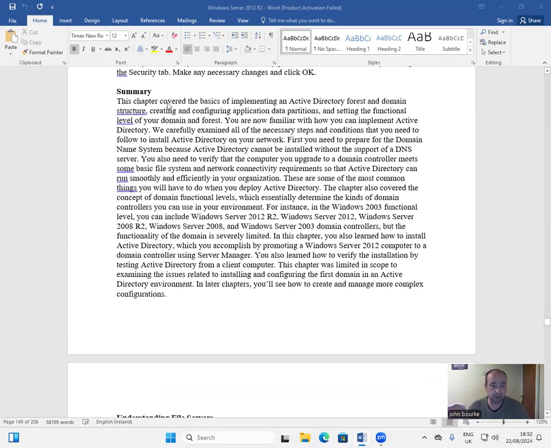Summary. This chapter covered the basics of implementing an Active Directory forest and domain structure, creating and configuring application data partitions, and setting the functional level of your domain and forest. You are now familiar with how you can implement Active Directory. We carefully examined all of the necessary steps and conditions that you need to follow to install Active Directory on your network. First, you need to prepare for the domain